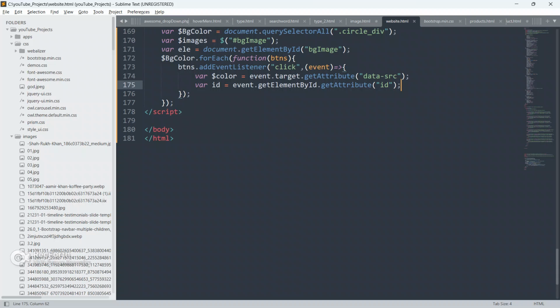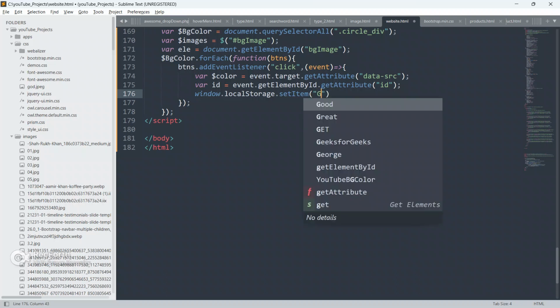So now we are going to set this background image as a local storage value, guys. So window dot local storage dot set item, and we have to provide here key and value. Always remember, guys, local storage will be saved as a key and value pair.